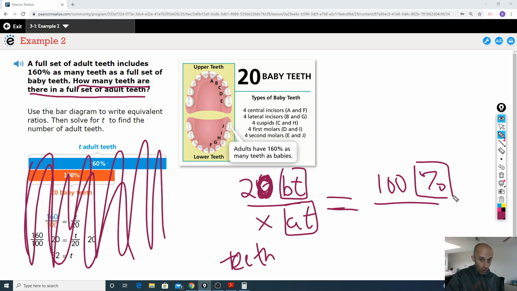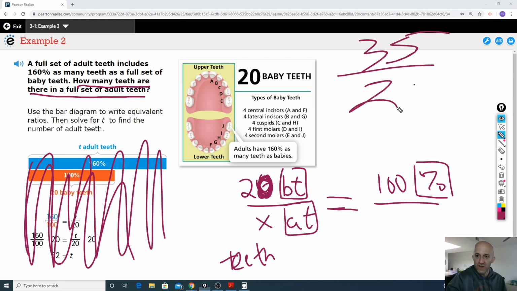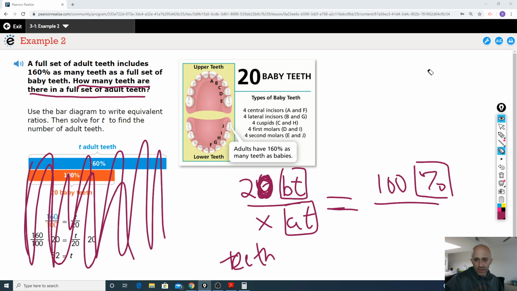The adult teeth are obviously more than 20, right? I mean, if you got 160% on a test, that means you got something like a 35 out of 25. You got a crazy amount of good answers on that. All right, so that bottom part that you see right here, the full set of adult teeth, is 160%